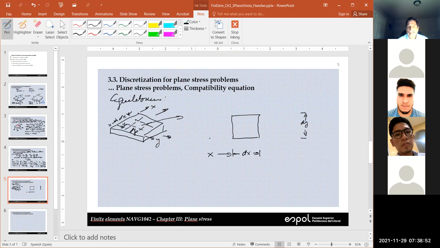Remember that internal forces on this side are different than the internal forces on this side. If this is the X direction, this is sigma x. On the other side, we're going to have sigma x, but with a little change, which is going to be the derivative